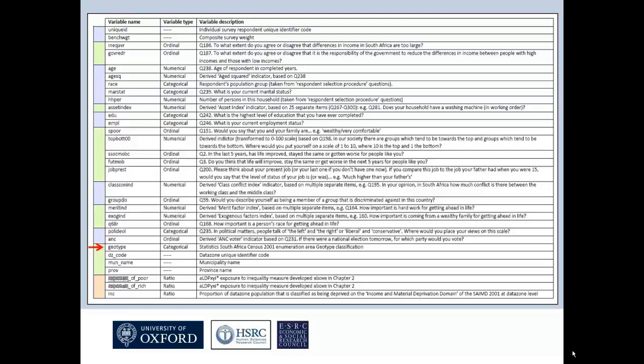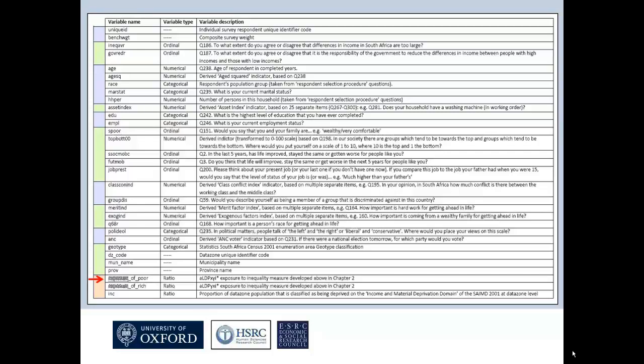Then some geographical information, such as the Statistics South Africa geotype classification relating to the enumeration area of home residence, the data zone neighbourhood identifier code, the local municipality identifier, and the province identifier. These are all internal to the South African Social Attitude Survey. And then we have 3 external indicators that were merged on, as I explained in the previous slides. These are constructed by ourselves as part of this research project,